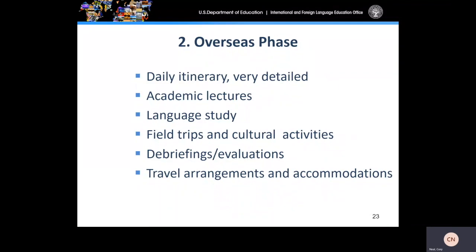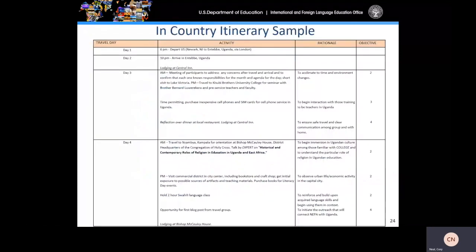Remember, the more information you provide in your project narrative, the more likely you are to receive a respectable score. The next 2 slides provide a detailed in-country itinerary sample. You may include a copy of your day-to-day itinerary, again, I highly recommend you do, in your appendices.